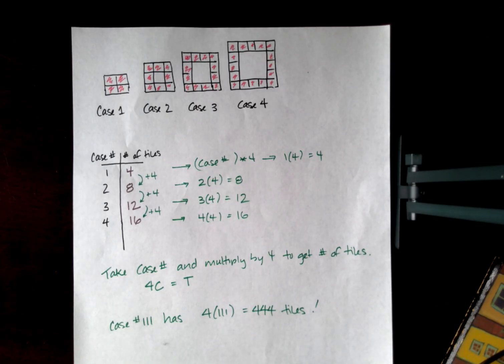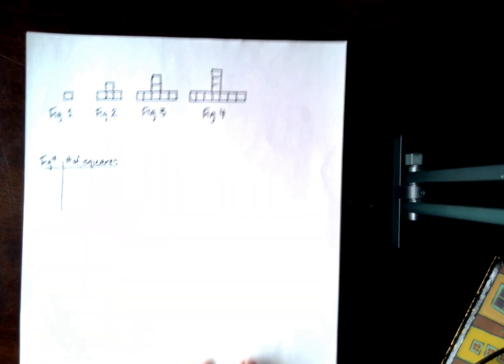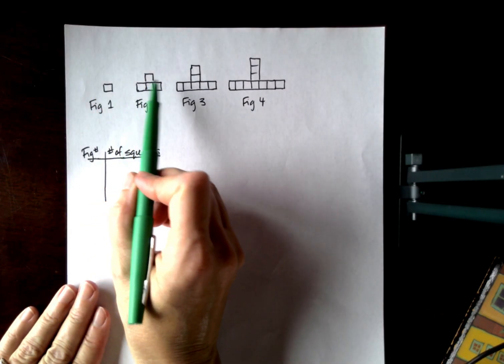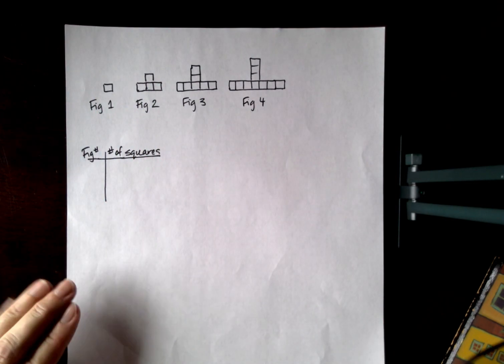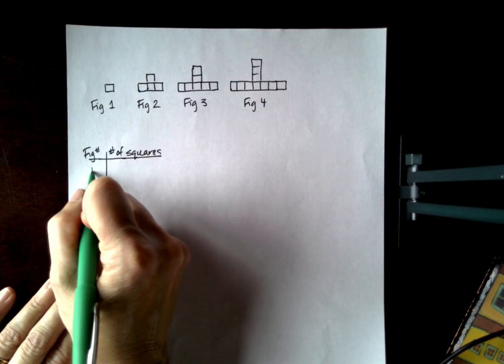They're not all as straightforward as a single multiplication, so let's extend this a little bit with a different example. Here's a different set of figures. The little squares are intended to all be the same size. If I start kind of the same way as I did last time, organizing things in a table,